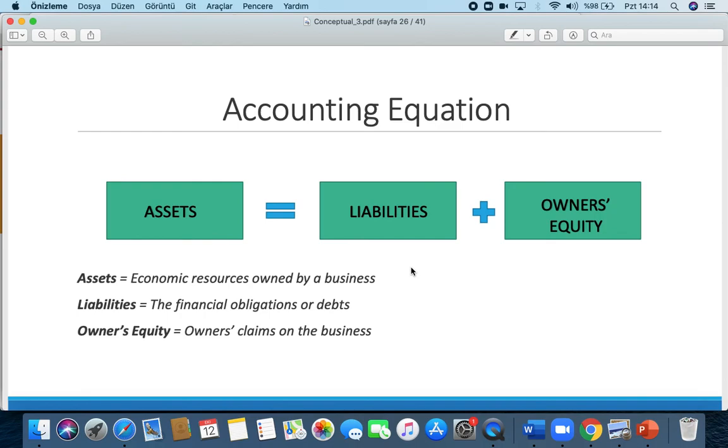Okay? So the assets are financed by liabilities and owner's equity. Assets are financed by liabilities and owner's equity. So the assets are your claims and rights. You own, it has a cost, it has a measurable, quantifiable item, and it has future cash flows for the company. You can generate cash flows by utilizing your assets. That's your own assets. But I mean, that's not you, that's your company. Don't forget the entity concept here.